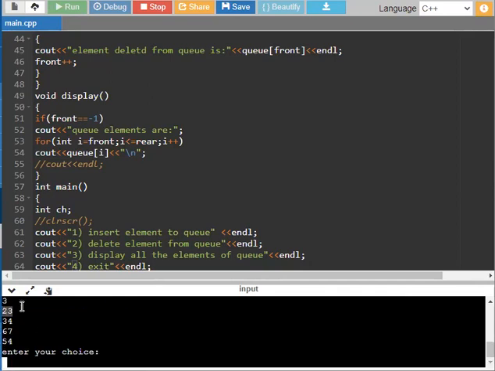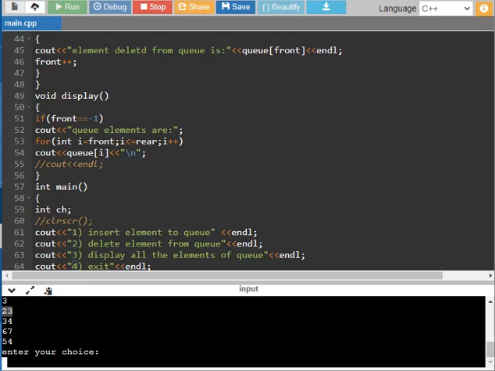It displays first value is 23, second value is 34, third value is 67, and fourth value is 54. So in the queue, in front, the first place it will be displayed as 23.